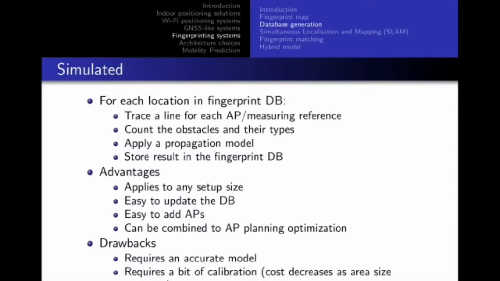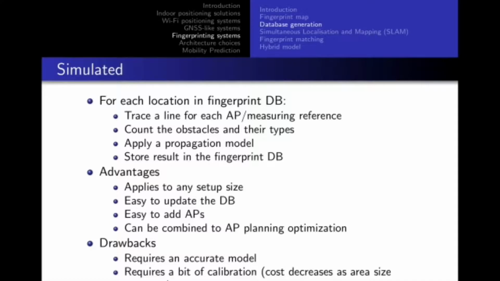Of course, there are drawbacks. First, you require an accurate model, because if your model is not accurate, you will have a database completely inconsistent with reality. And it requires a bit of calibration to be able to estimate the effect of every obstacle type on the wave.